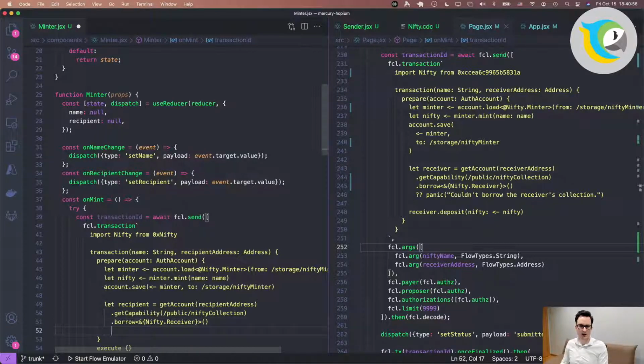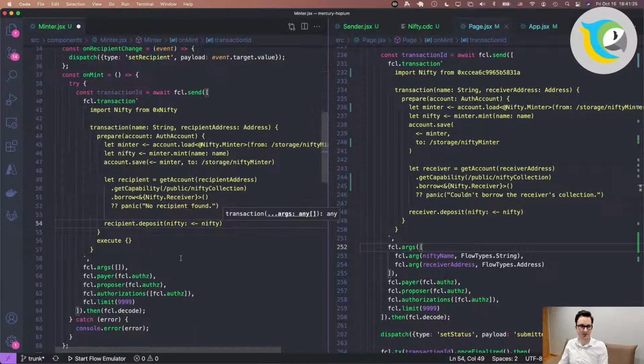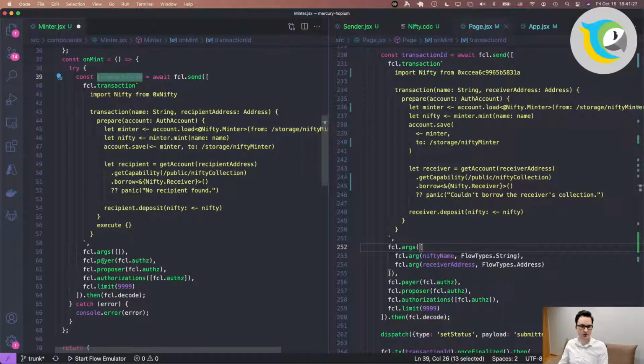Okay, and then we kind of want to close off the thing if we don't have a recipient. We're just going to drop the whole thing. No recipient found. Okay. And if the recipient was found and their collection is available, well, we just go and deposit the Nifty using this little Nifty syntax right here. So at that point, we have a transaction ID,